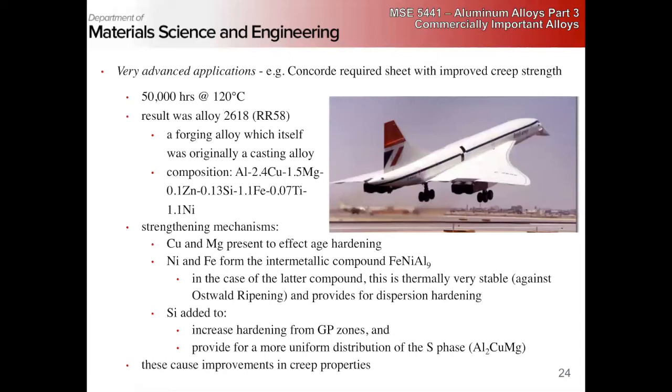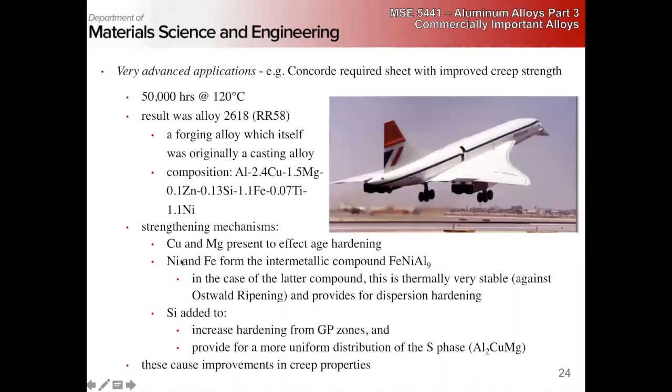So they needed the creep life to be at least 50,000 hours at 120 C, and they came up with this 2618 alloy, which is a forging alloy, which was based on a casting composition, but it's got copper, magnesium, zinc, silicon, iron,